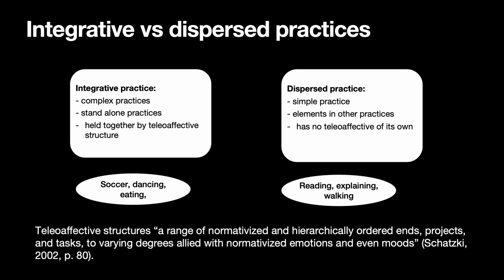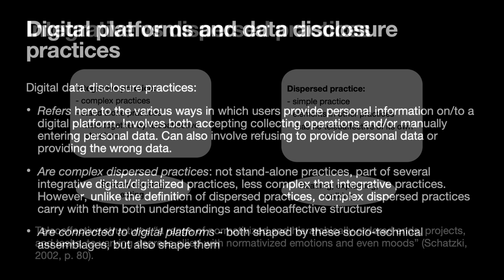Dispersed practices, on the other hand, are simpler practices, and they're usually just elements in other practices. They're also conceptualized as not having a teleoaffective structure in their own right. So they have no standalone purpose. They exist only as part of other practices to support those practices. And examples are typically reading, explaining, walking, this kind of more generic stuff. They are usually components in other practices. So we use this